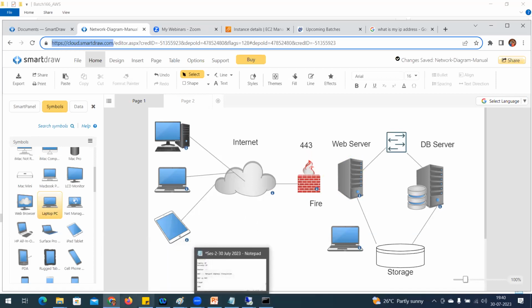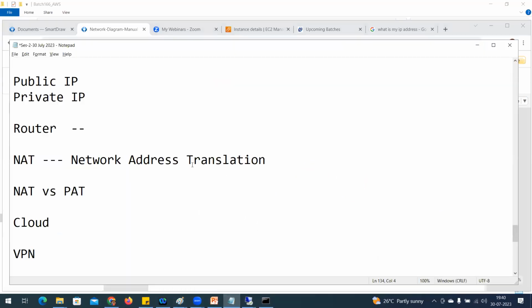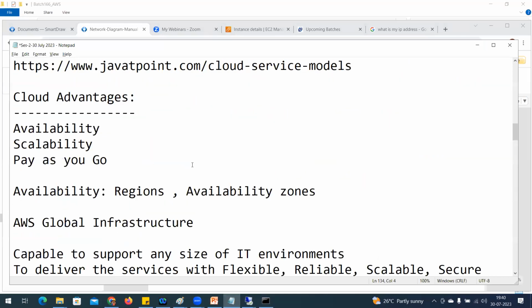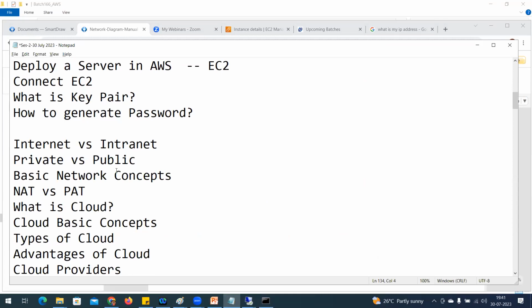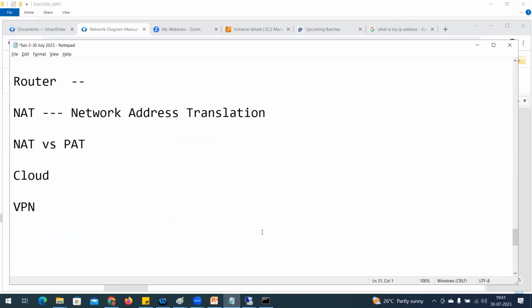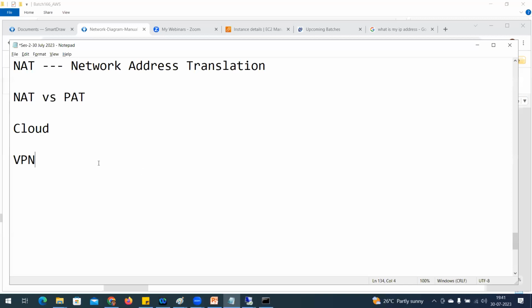Okay. Now, what are the different types of cloud? I'm going to come back to that agenda. We understood private and public IP, the basic network concept, that is NAT and process part. What is cloud? Cloud basic concept. What types of cloud? We understood what is cloud. Now, the cloud basic types are nothing but